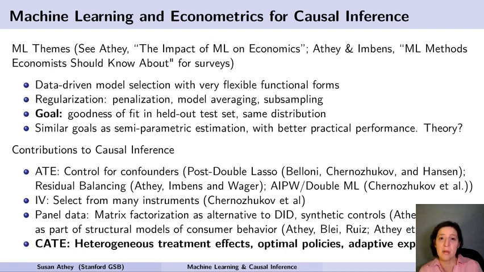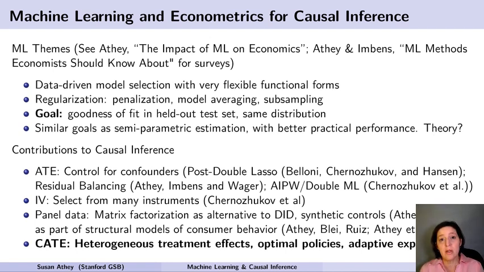So one really easy way to think about a contribution of machine learning to econometrics is that we go back to the semi-parametric econometrics literature, and instead of using kernels or other types of methods that had previously been studied, we substitute in flexible machine learning methods. And we'll find that that's actually quite successful as long as we make some appropriate modifications and make sure that we're optimizing for the right criteria.